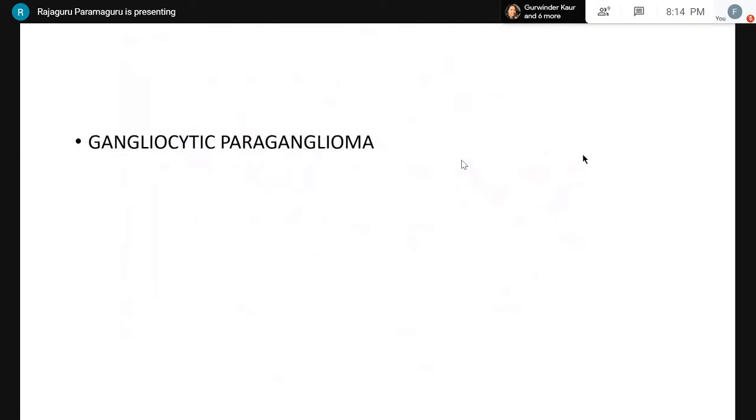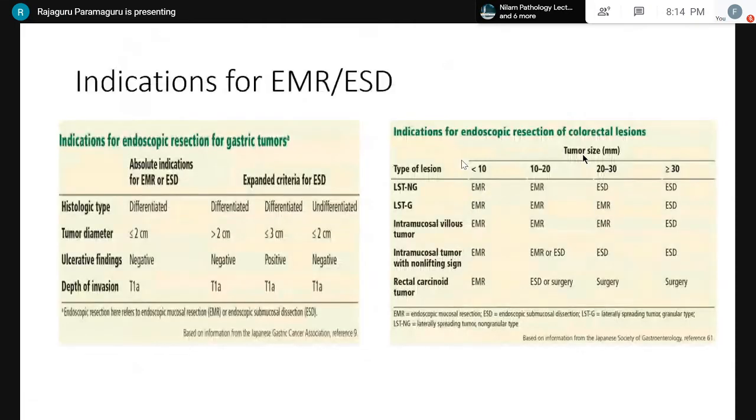This is a case of gangliocytic paraganglioma, which is usually seen in the ampullary region. So I'm quickly going on to the ESD and the EMR, endoscopic mucosal resection and endoscopic submucosal dissection. So for gastric tumors, they are usually done in cases which are pT1a, those which are showing